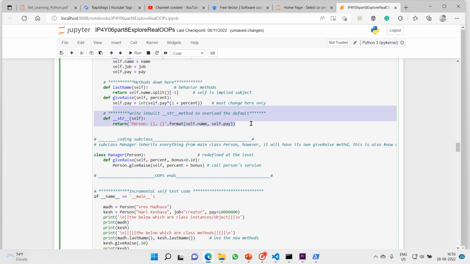This piece of code we did in our previous step. Now, in addition to this, I want to code a subclass. What is that subclass? The Manager subclass inherits everything from the main class Person. However, it will have its own give raise method. This is also known as customization. Now let me come down a bit.